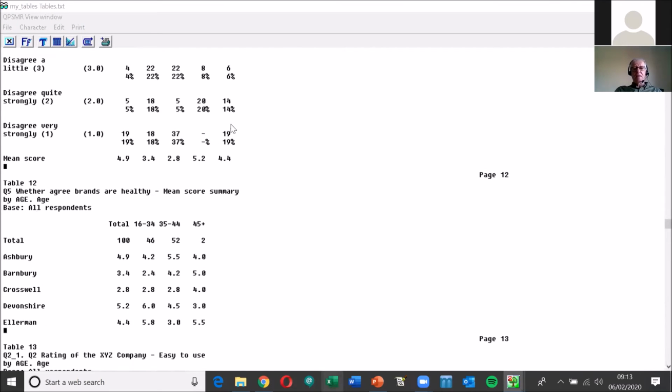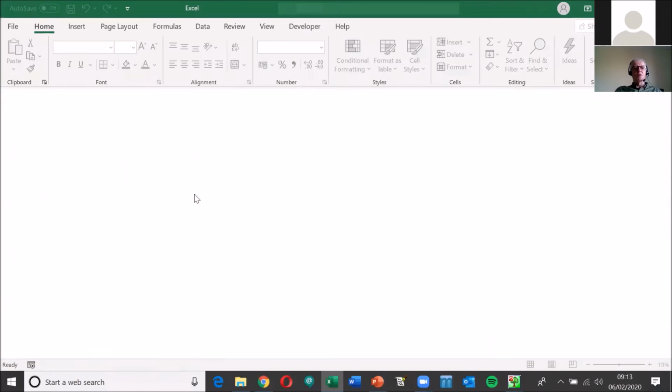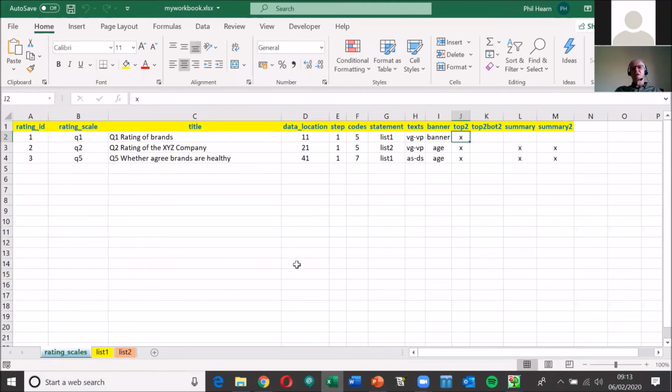So let's relate that back to the workbook we were looking at just now. So we're only getting the top 2 box and the responses for Q1, and for this one we were getting that as well, and a summary table of the columns side by side and a mean score summary. So just by changing this here, I could have a top 2 box and a bottom 2 box, and let's have a mean score summary now for question 1. Just by putting X's in these columns and having entered these small bits of information here in my spreadsheet, I can save that